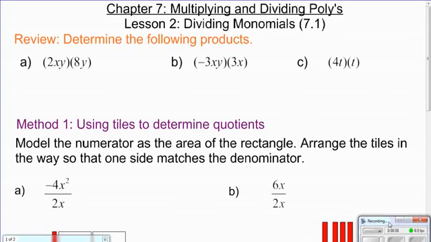We're continuing with multiplying and dividing polynomials for Chapter 7. This is our second lesson where we're going to look at dividing monomials. Before we get into dividing monomials, I do want to do a quick review from Lesson 1, just these first